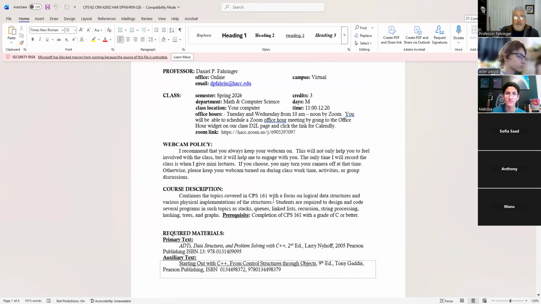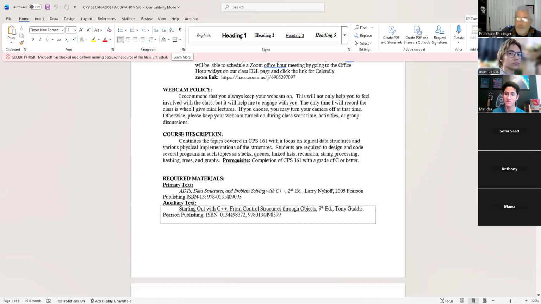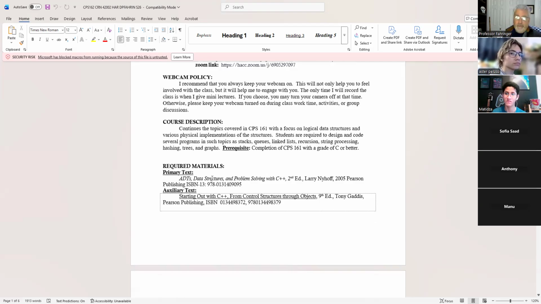Prerequisite course: you needed to have 161 to get into this course. In 161, we did a bunch of work with algorithms, but we also covered the first 13 chapters of the C++ book. So it was a C++ course. What we basically do is finish the book in this course. So you should all be fluent in C++.